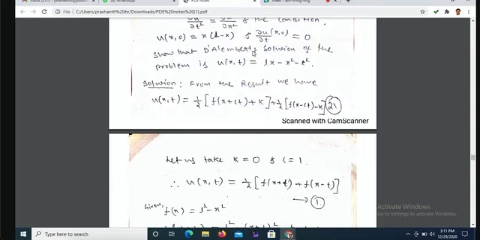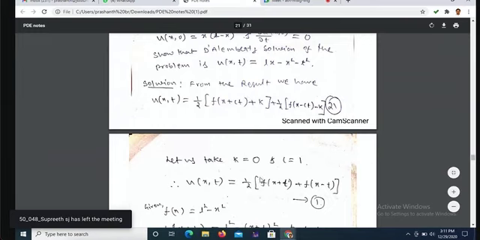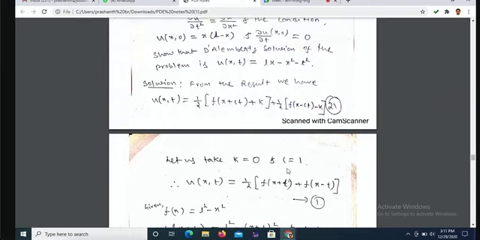Again I'm telling you, you have to do problem 1 first. After that, up to this you write. After that you start in this one. So you take k equals 0, sorry. Let us take simply k equals 0 and c equals 1. Why have I taken k equals 0 and c equals 1?